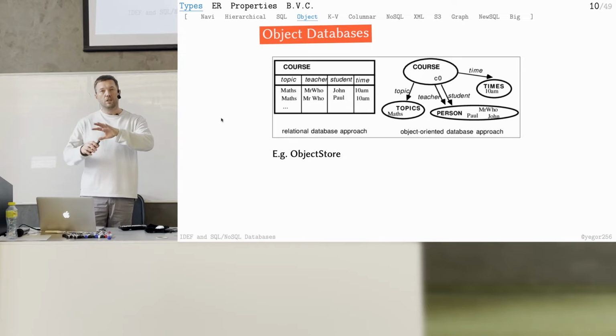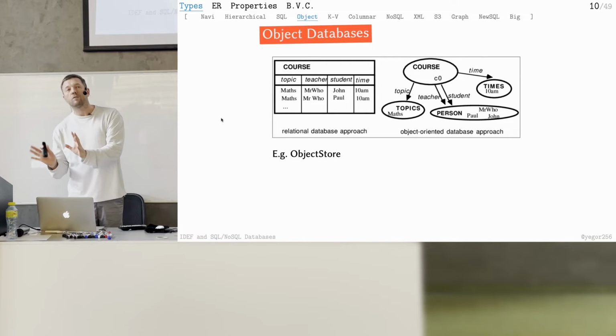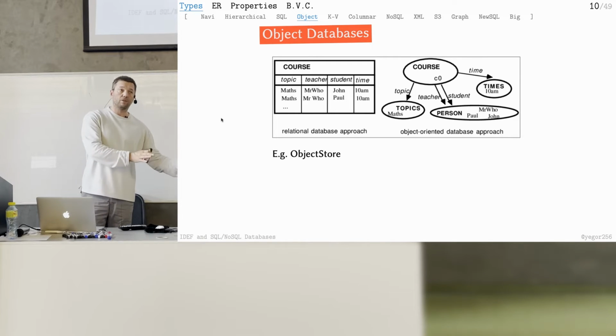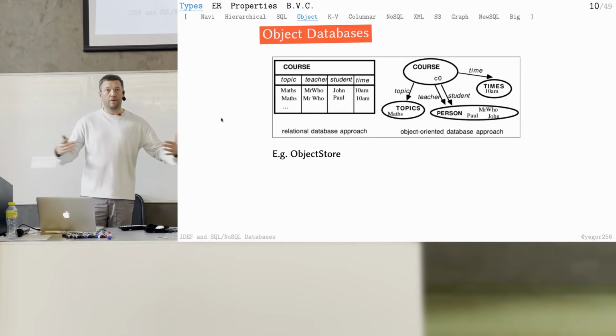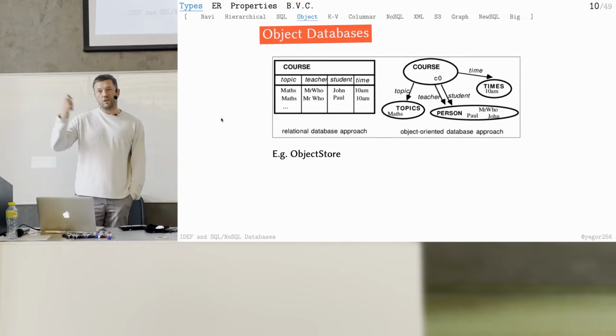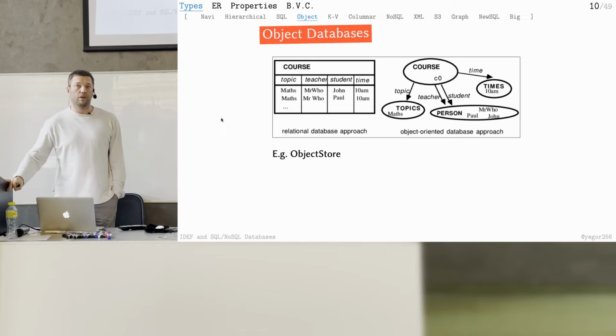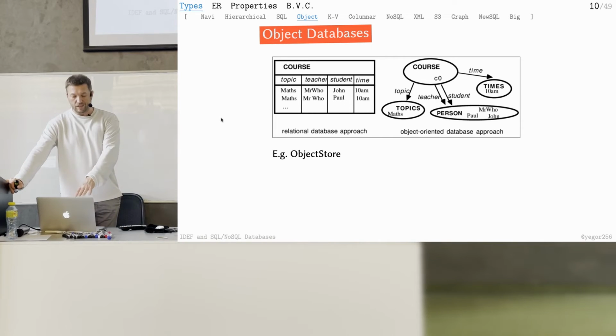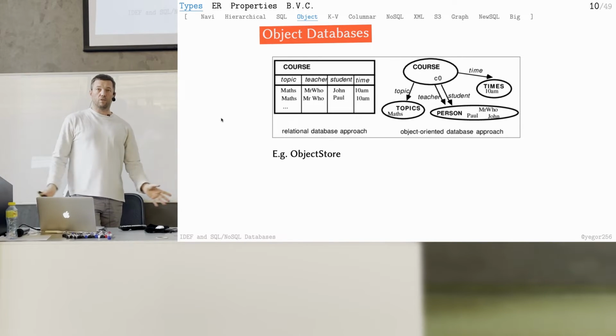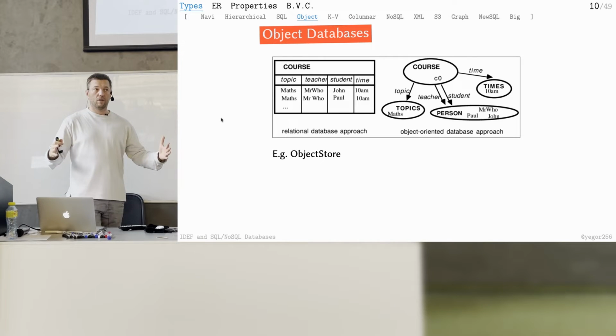When you design objects, you do them very well, the right way. When you design tables, you do tables the right way. But how do you map them? It's in general a big problem because ORM cannot do it perfectly in difficult cases. In a very simple case, like the mapping from the course to the table course, maybe it will be possible without losing anything. But imagine a large hierarchy of objects, all connected somehow. How do you map it to tables?